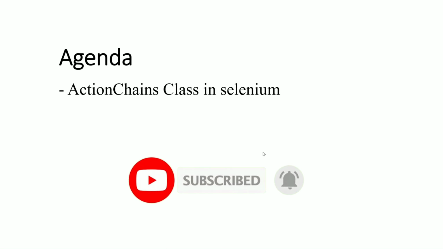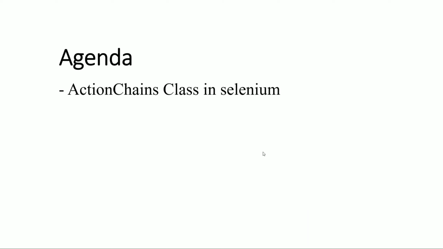So let's start. The ActionChains class is used to automate low-level interactions like mouse movement, mouse button actions, key press, and context menu interactions. This means we can automate all the actions that are performed using keyboard and mouse by using this ActionChains class. Also we can perform multiple actions like mouse hover, clicking on a particular element, or send keys. These actions we can combine together by using this ActionChains class.